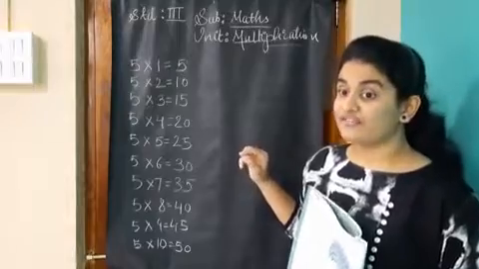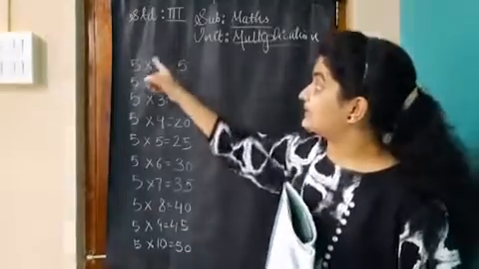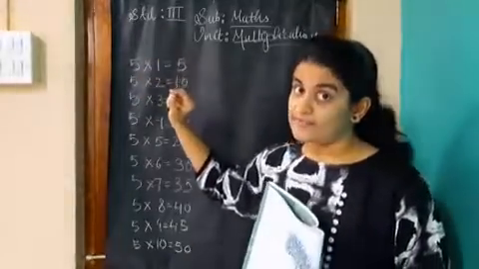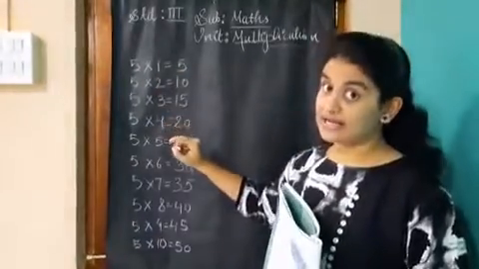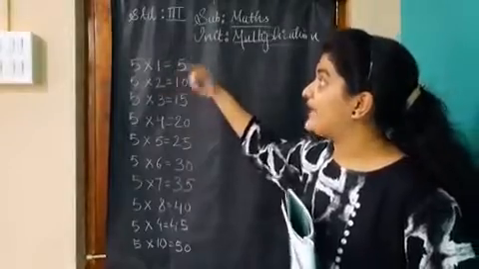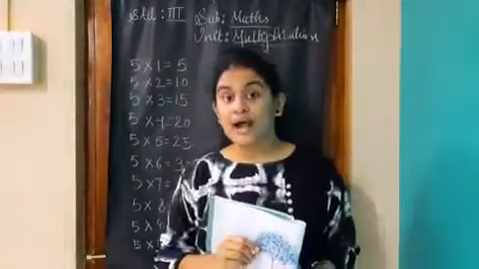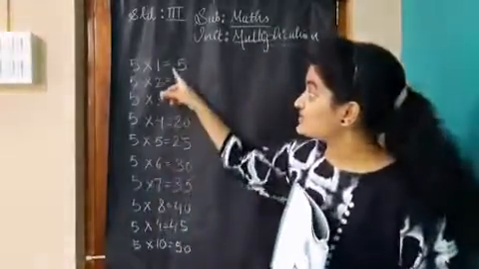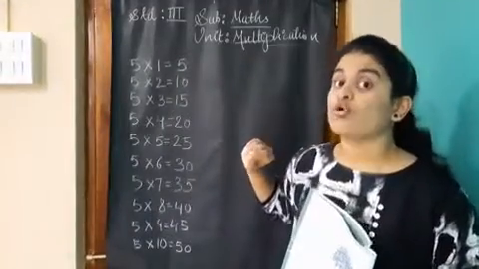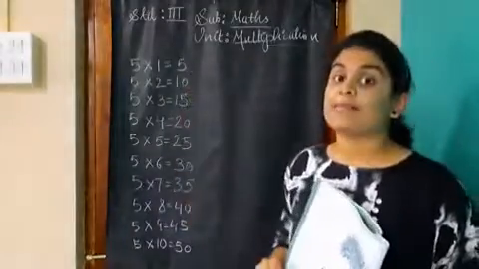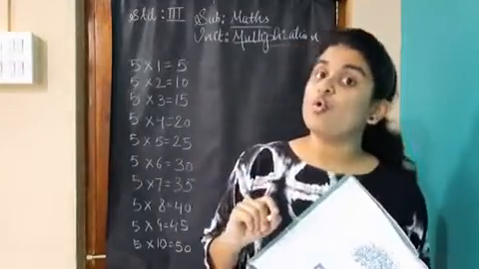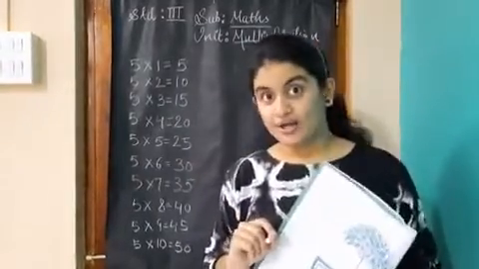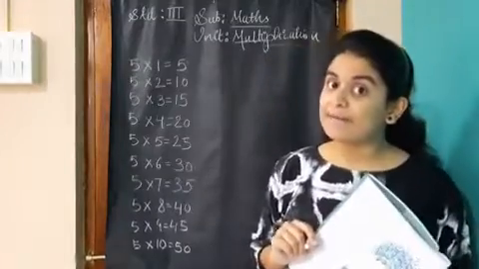Okay students, these are table of 5. First of all, we have to write the digit 5. Then we have to put a multiplication sign. Then comes number 1. And after that, we are going to write it is equal to sign. तो बच्चों ये रहा टेबल ऑफ 5. आई होप यू ऑल नो व्हाट इज द टेबल ऑफ 5. ओके. सो रिपीट बिहाइंड मी.